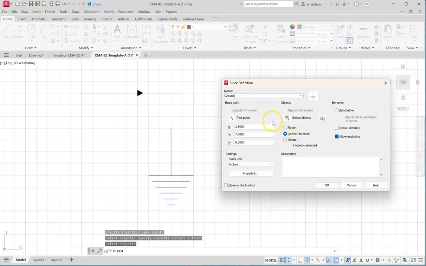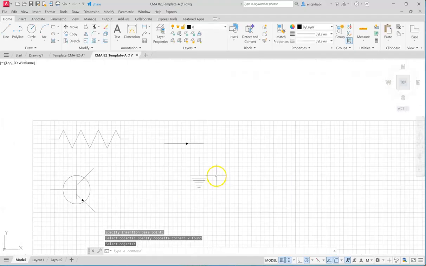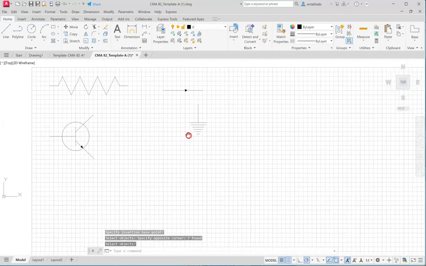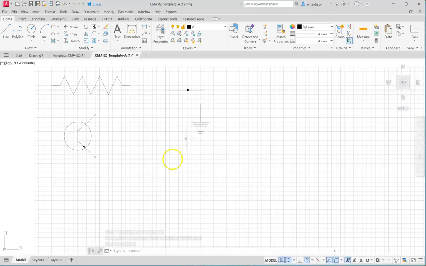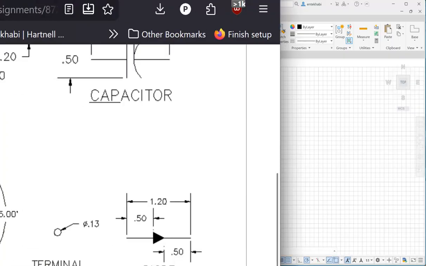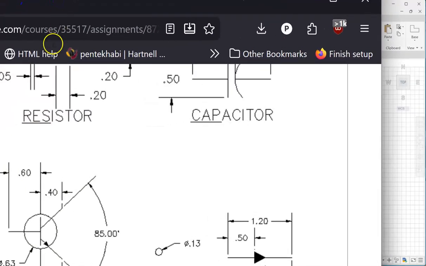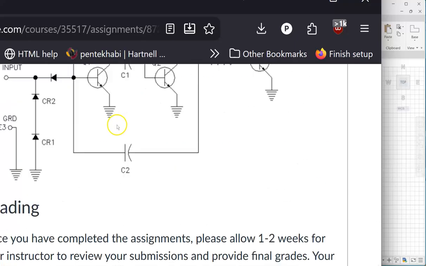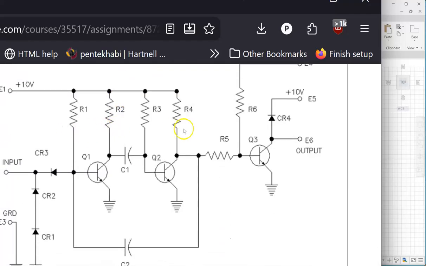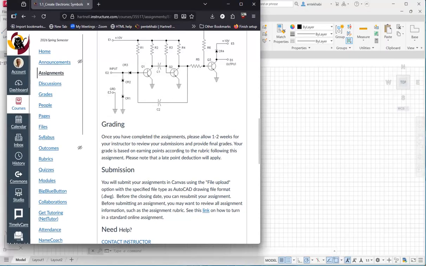And all objects are selected. And say OK. So now you would bring everything in on your actual drawing that you're going to print, and that is going to be this schematic one. So you are not completing everything except this drawing that you have here. This is the one you're going to complete. So basically that's what you would be doing.